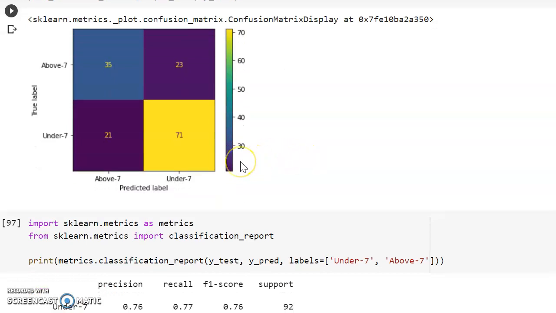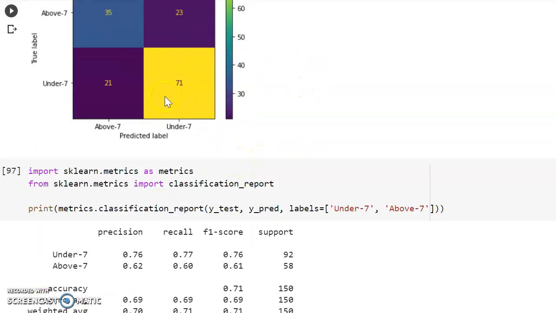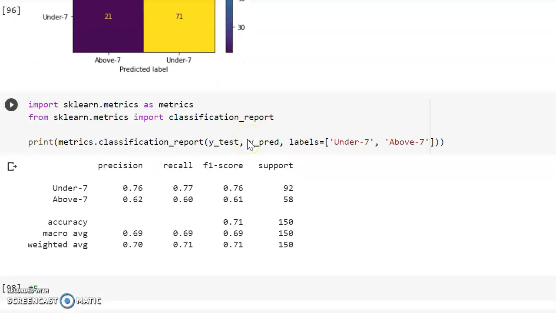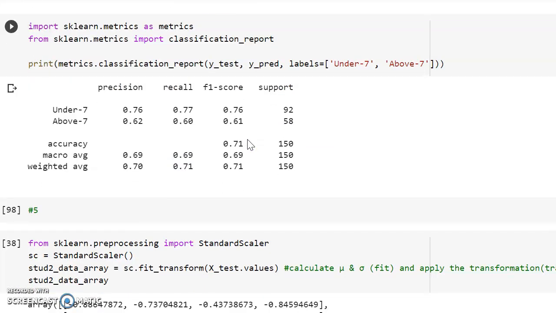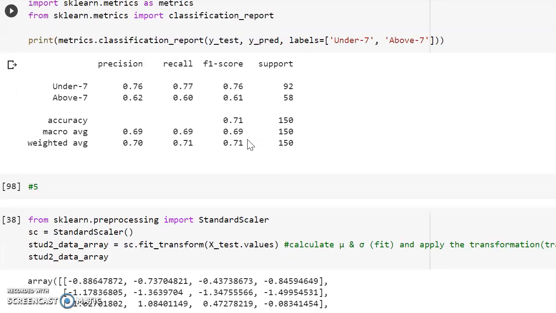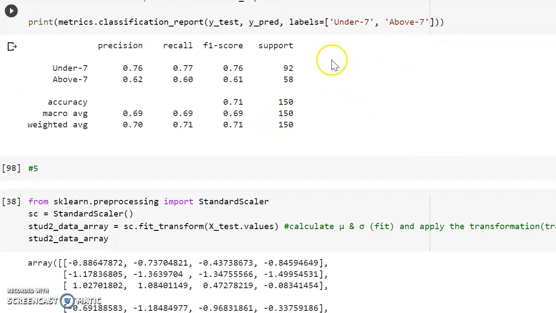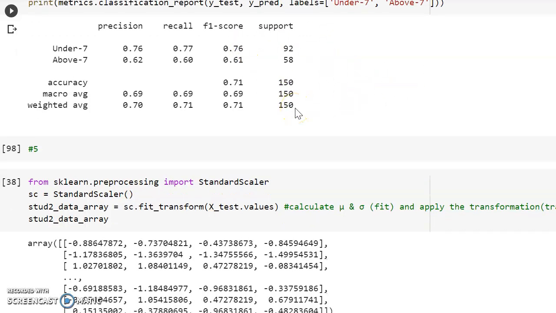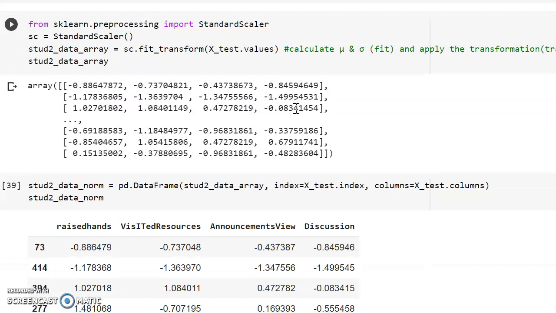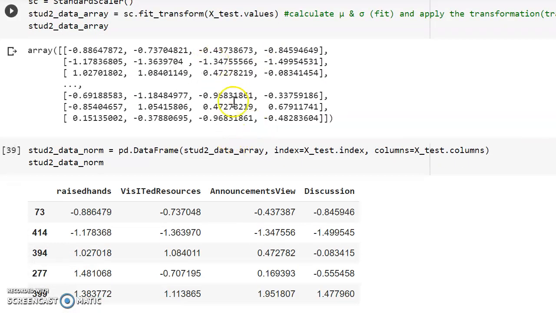Here you can find the values 21, 71, 35, 23 as well, and I imported some libraries such as metrics and classification report. I printed the under 7 and above 7 accuracy ranges, and I imported the standard scaler library, and I got the arrays.